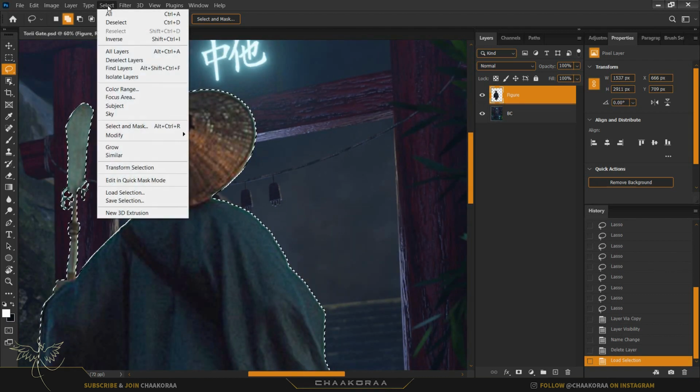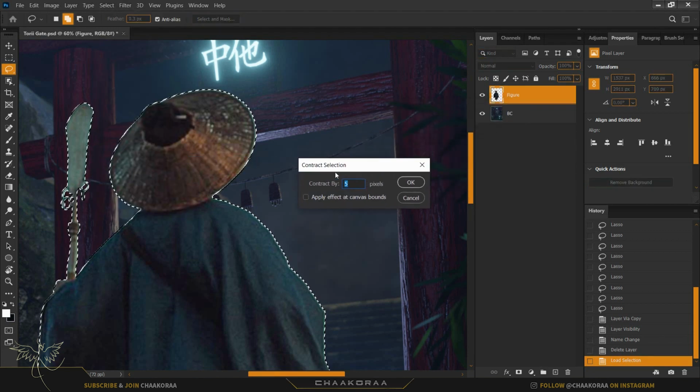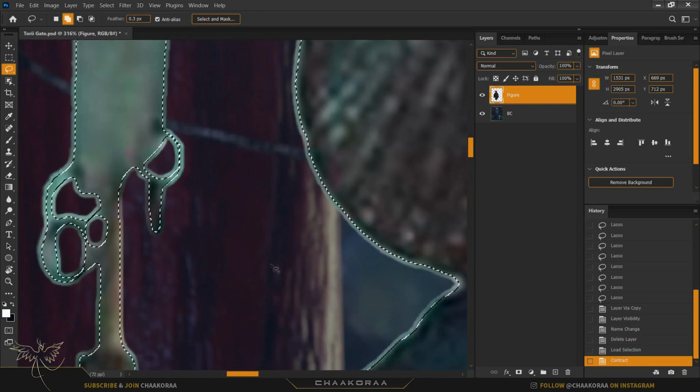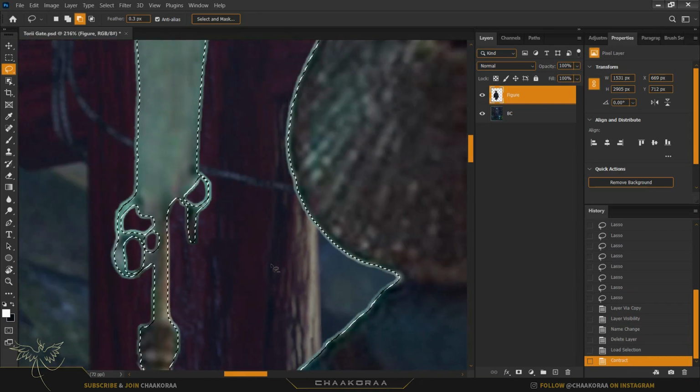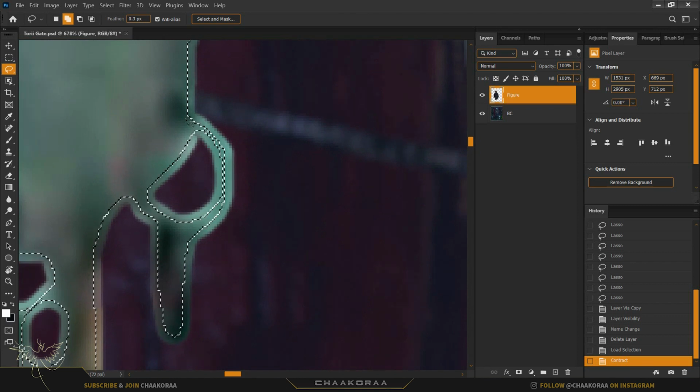So come to the select bar, and on the modify tab, you can choose the contract, and here it will ask you to contract by how many pixels do you want to contract. For this one, let's start with 3 pixels, and you see that the selection is contracted by 3 pixels. So let's check the selection itself one more time, and I have to fix these parts because there's no need